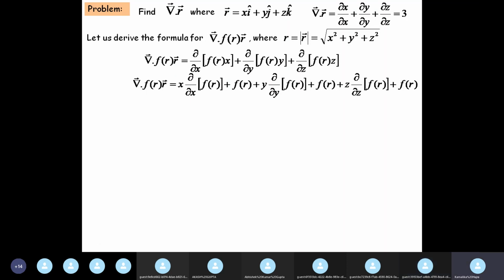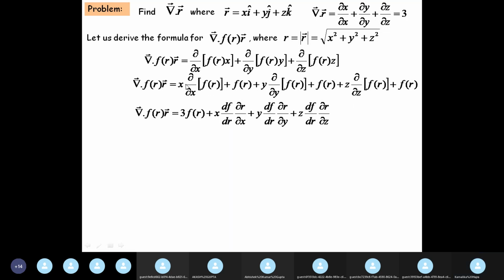So from the second term, we get again 1 FR and y del f del y. And similarly, from the third term, we get FR and z del f del z. Okay, so that's the second step. So what we have, we collect the three FRs independent of the del del x's and del del y's and del del z. So we have 3 FR, and if you look at this term here,